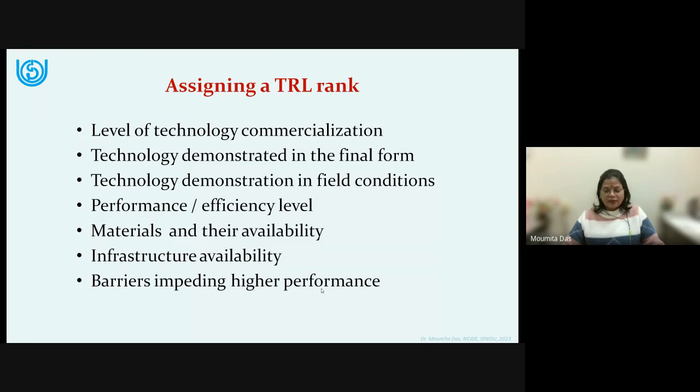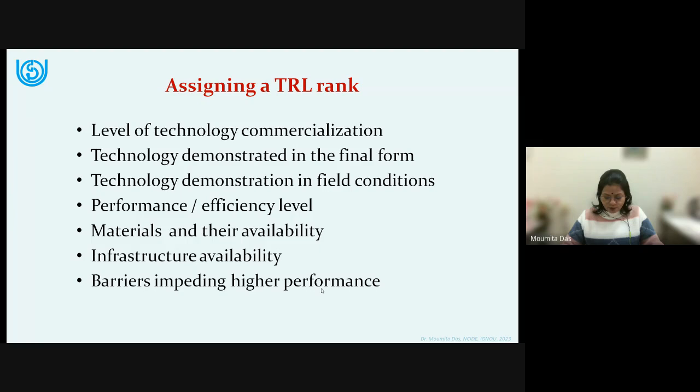Also, like the example of BIRAC that I gave you, when you submit your proposal to them for funding, they will also ask you a lot of questions. What are those questions broadly? There could be many, but here is a list for you. Is the technology widely commercialized? Have you commercialized your technology widely, yes or no? Is the technology demonstrated in its final form, that is in the target system, in the real environment among your customers? Have you shown them and got their feedback?